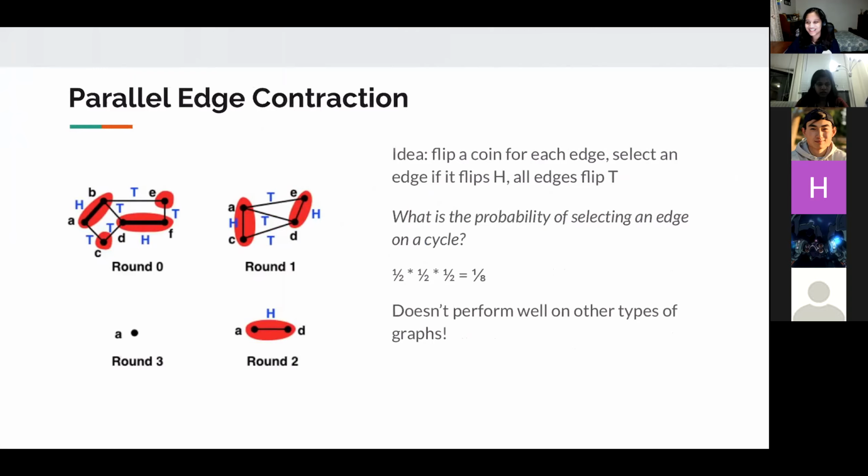Okay, awesome. The thing about edge contraction is that it doesn't really perform well on other types of graphs. It performs well on graphs that are cycles, but if I give it a graph that looks like a star, you can really only contract one edge at a time, right? So it's not super efficient. You end up doing a lot of unnecessary work. So that's why we then talk about